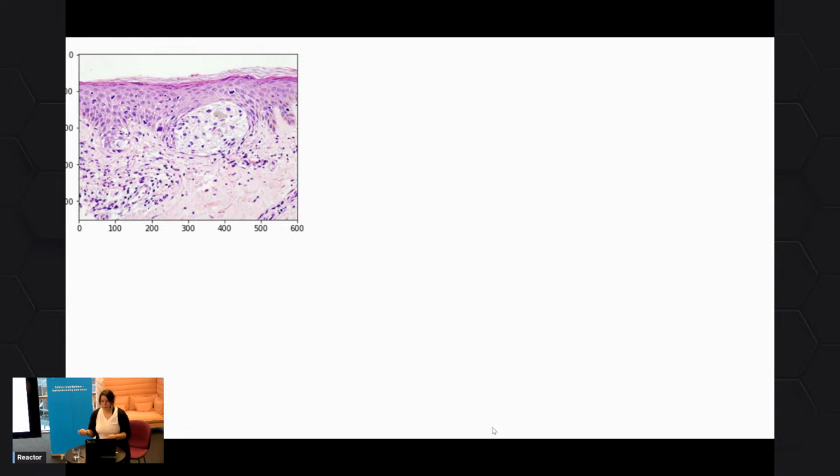So this is from a project I was working on with a hospital where we were trying to detect benign or malignant cancer cells. In this case, they wanted to use machine learning to figure out where these cells might be.